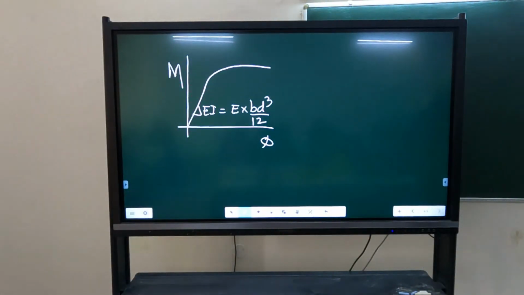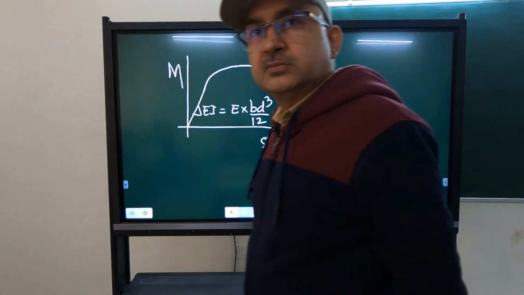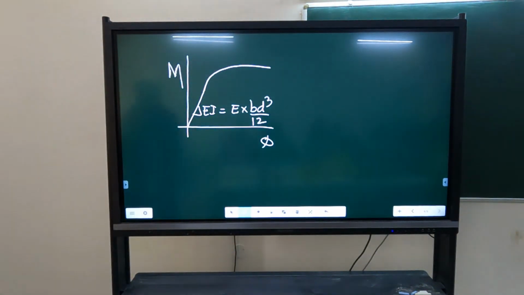Sir, in steel after yielding, the modulus of elasticity is 0 because it is constant. Then why is it constant? We will see that also. Because when the modulus of elasticity of steel becomes 0, it becomes 0 in bending in the top fiber, but not in all the fibers. The fibers below